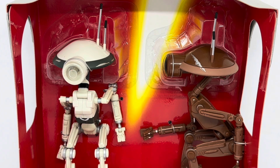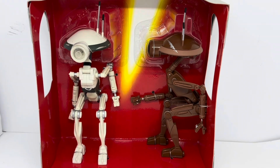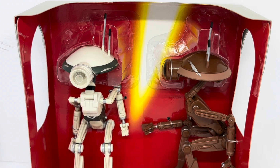So how well did these figures do back in 1999? Well, of course, like all of the Hasbro Star Wars figures, Star Wars became an absolutely massive franchise again with the launch of the new trilogy, the prequel trilogy, the beginning of the Skywalker trilogy, if you like. So it became a massive brand. Obviously the following was huge, and the figures they produced were in massive quantities, and they all sold very well. 12-inch figures not as well as the 3 3/4 or 4-inch figures,